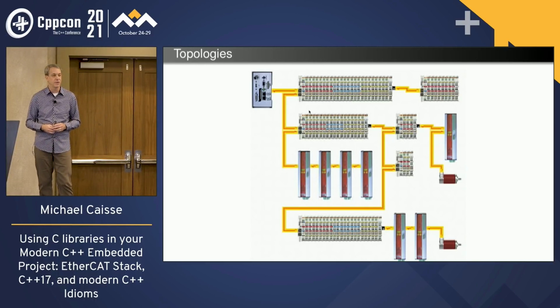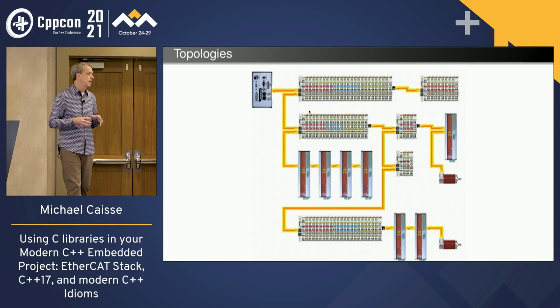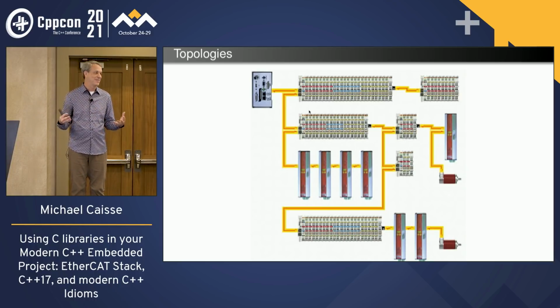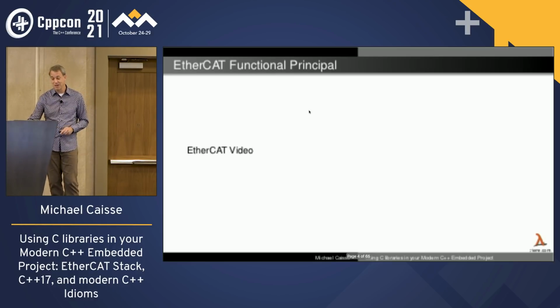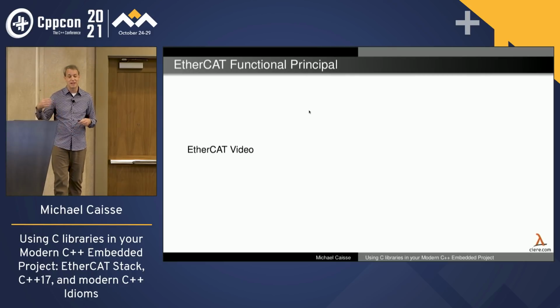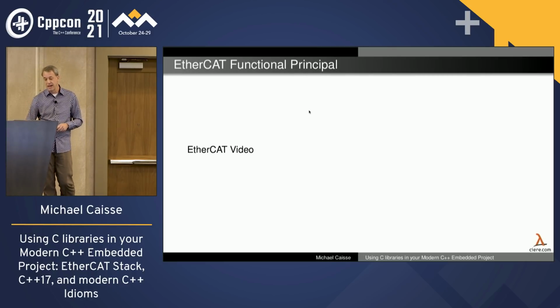The beauty of EtherCAT, part of the beauty of EtherCAT, is that you can use Ethernet type stuff to make it all work. And so it's relatively inexpensive. And with that, because they've spent some good time on this, they're able to do a variety of different interesting things.